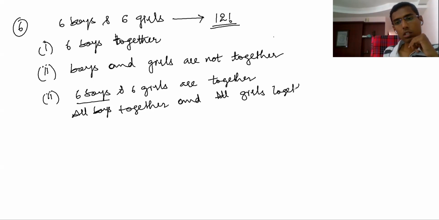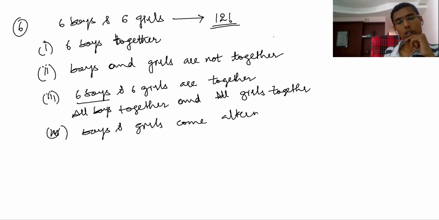Please understand this. The next, third question and fourth question, is boys and girls come alternately. Please understand these questions. I'm writing all this. First of all,